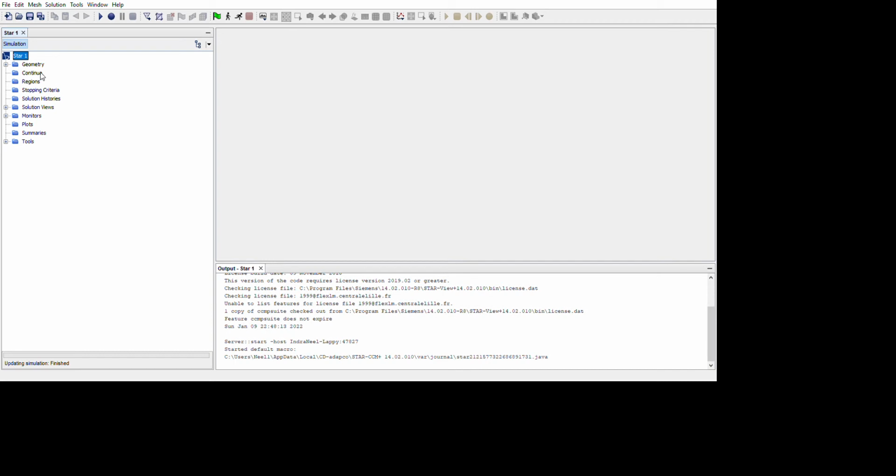So if you look at the domain, we have something called the simulation tree over here, where you can monitor your simulations. I mean to say about the geometry, the meshing, the physics, and whatever your post-processing results. And the gray window over here, where the cursor is moving, is called the graphics window, where you can see the geometry, the meshing, and also the results and the residuals and a lot more.